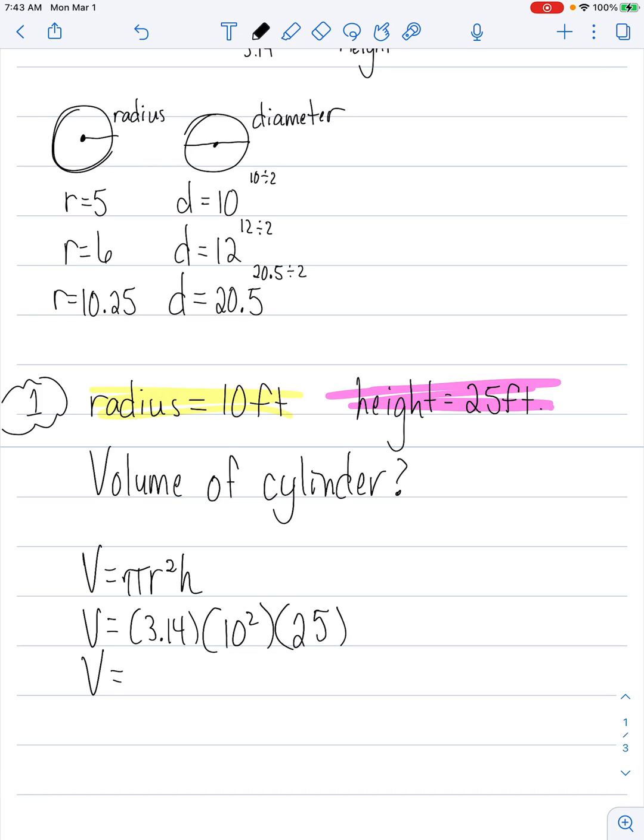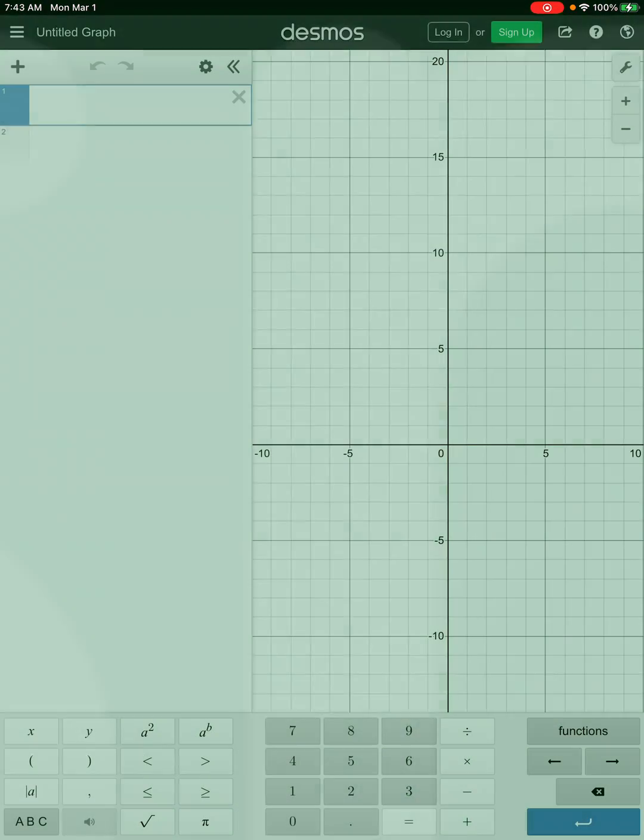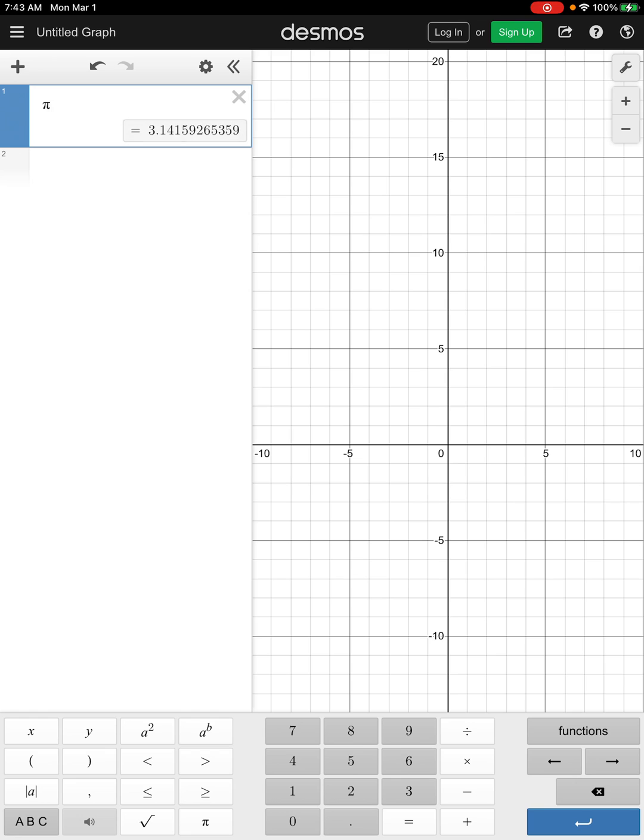And then you're just going to type that straight into Desmos, into your calculator. So 3.14, let's start fresh here, 3.14. Let's go over here so you can see it. Now, you can use the pi symbol, okay? Or you can type in 3.14. Both of those will give you the same answer. They'll be off by just a few decimal places. 3.14 times the radius of 10 feet squared, times a height of 25. And we get